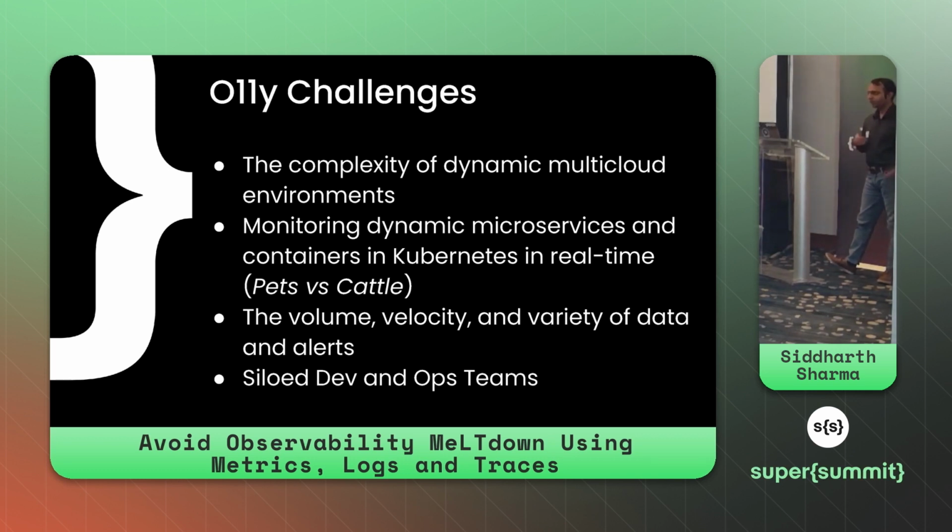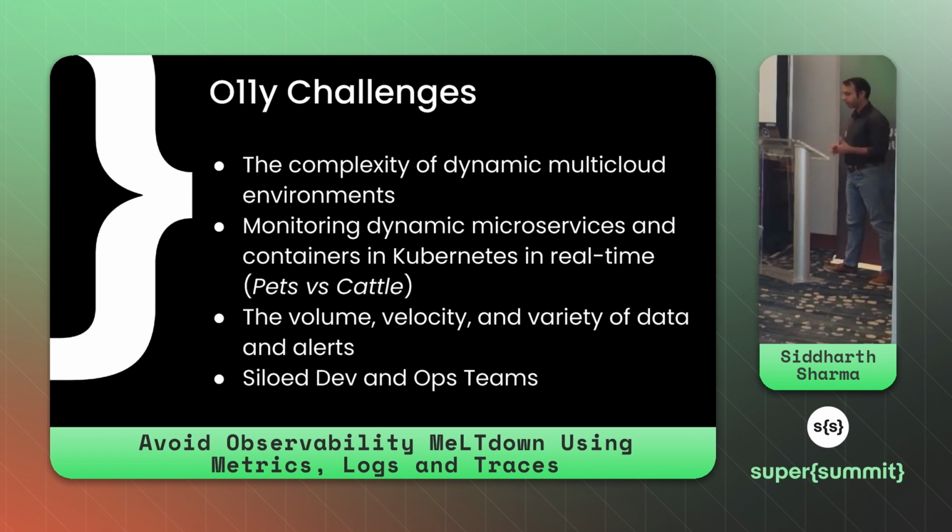But in today's age, where everything is ephemeral, you can spin up containers and nodes using spot instances, up and down. It is like cattle, where you are not associating names with your nodes or servers, because your software is resilient and can deal with network failures. Now observability gets more challenging because you have dynamic containers and nodes coming up. Also, because of this architecture, the volume, velocity, and variety of data has increased. So you now have to monitor multiple nodes, multiple containers, multiple pods across the environment.